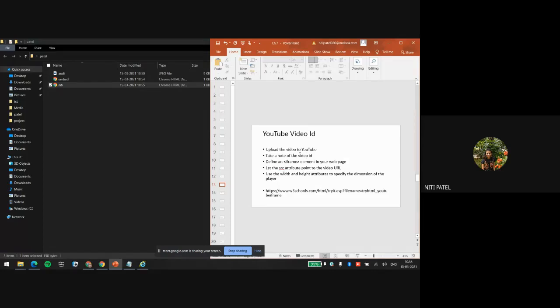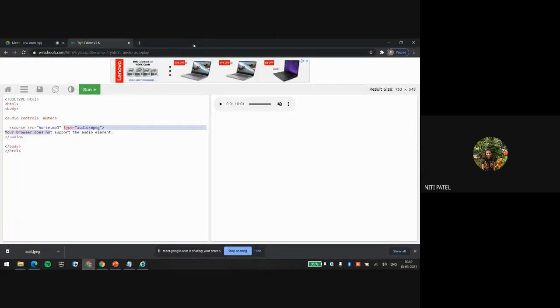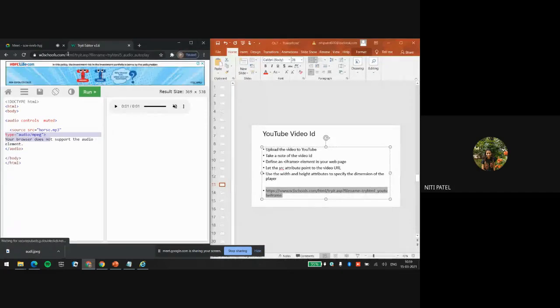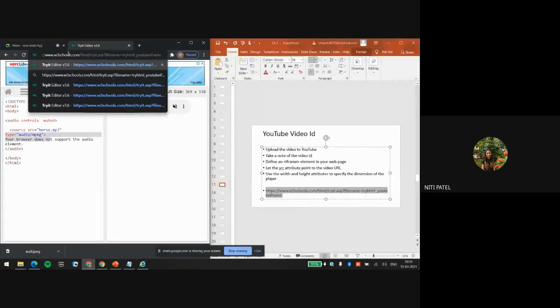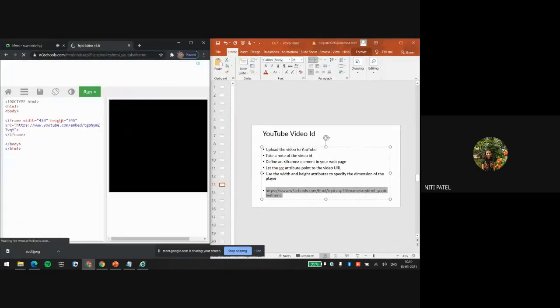So what I'm going to do here is create an iframe and add a YouTube video into it. The link of the YouTube video will be added in the source attribute. The width and height of the video frame will be decided by the values specified in pixels. Let us see how we can do that. Again, I'm going to show this in W3Schools only because I don't have any YouTube downloader to download the YouTube video.